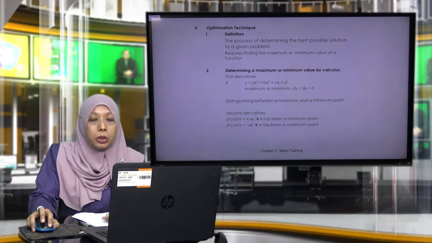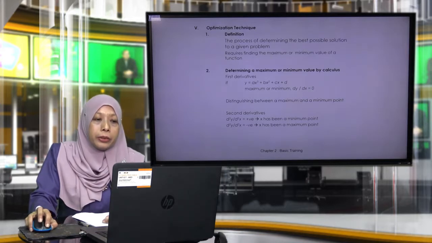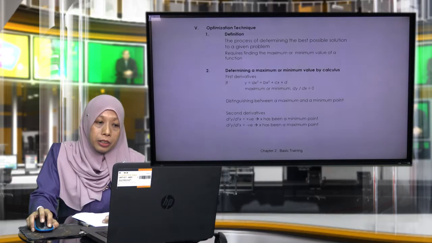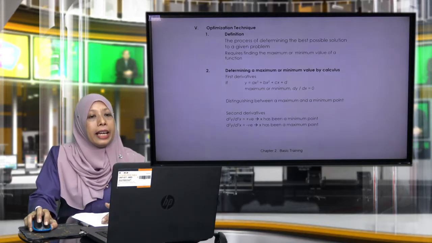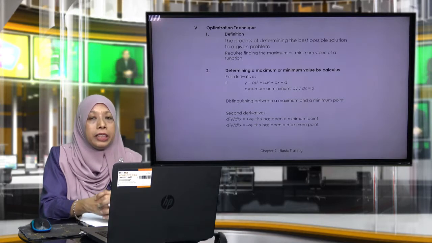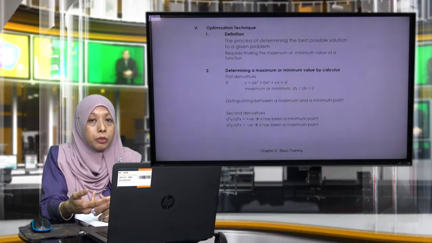So the rule here is that if the second derivative function is a positive value, then your optimal value is a minimum. But if your second derivative function has a negative value, then the optimal value that you found is a maximum. Now let us try and see some of the managerial problems which require managers to find the